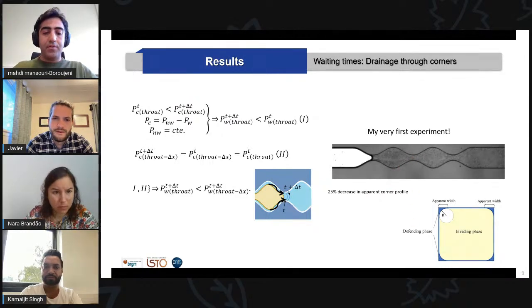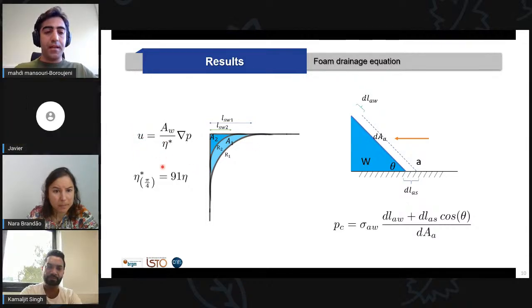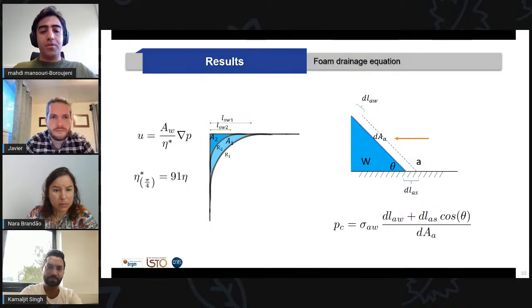Now I understand that while the meniscus is invading the tighter parts, the capillary pressure increases, and this increase makes the corners of the geometry drain to the body of the wetting fluid. To gain insight into the dynamics of this phenomenon, we use the foam drainage equation, which relates the velocity through the corner to the surface area, the modified viscosity due to the shape of the corner, and the pressure gradient. And the capillary pressure could also be estimated from the changes in the